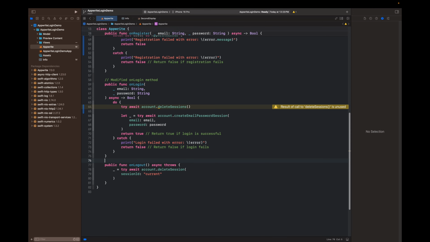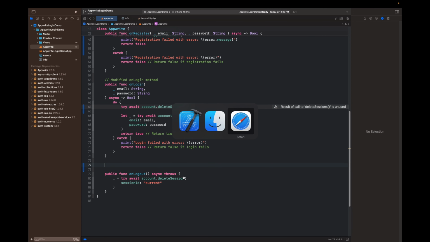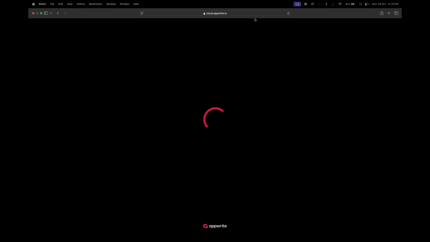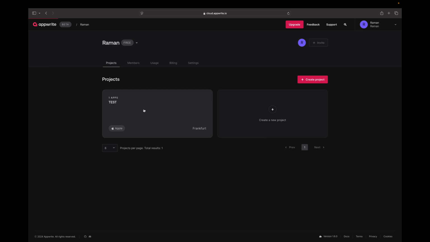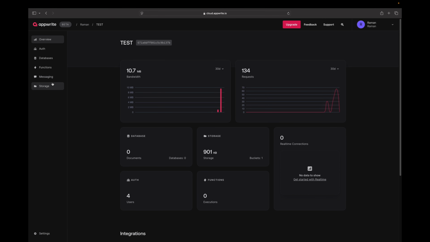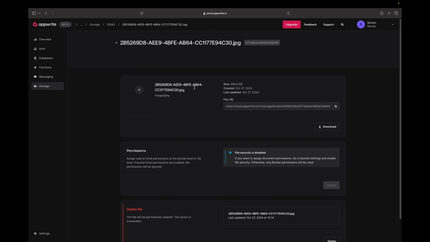Why I wanted to do all those things: let's say if you go to Safari and go to cloud.appwrite.io, let's move here. Why do I want the user ID? Because at the storage, if you go right here, we have to provide an ID, like a user ID. So why I wanted to give the user a particular ID is so that, let's say, if I wanted to fetch that particular